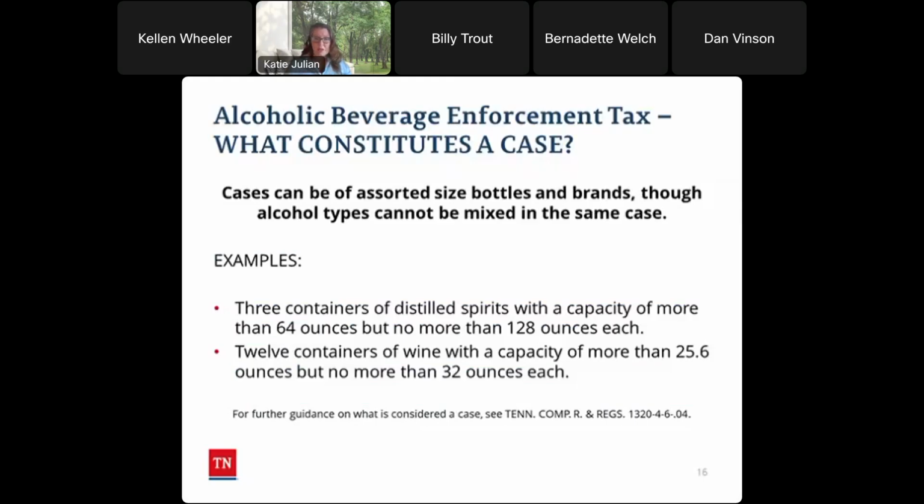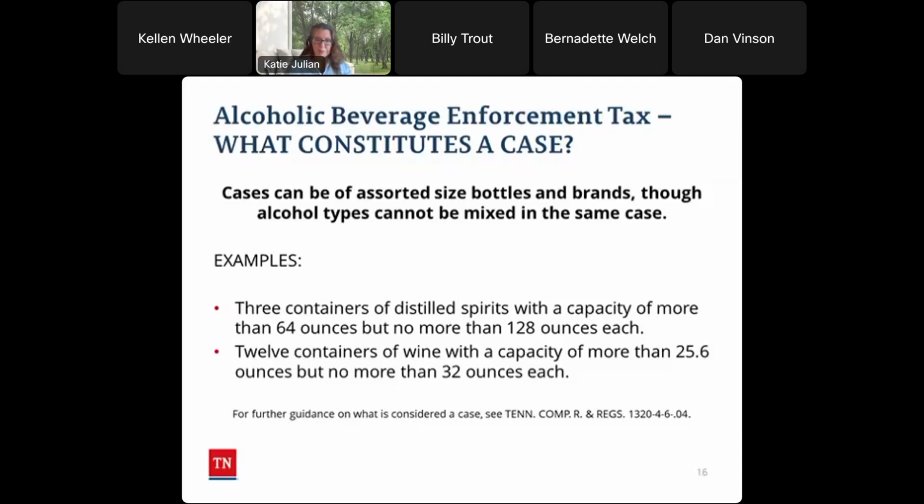You see here examples of what constitutes a case: 3 containers of distilled spirits with a capacity of more than 64 ounces, but not more than 128 ounces each, or 12 containers of wine with a capacity of more than 25.6 ounces, but not more than 32 ounces each. So for further information about this, you can see the rules and regs